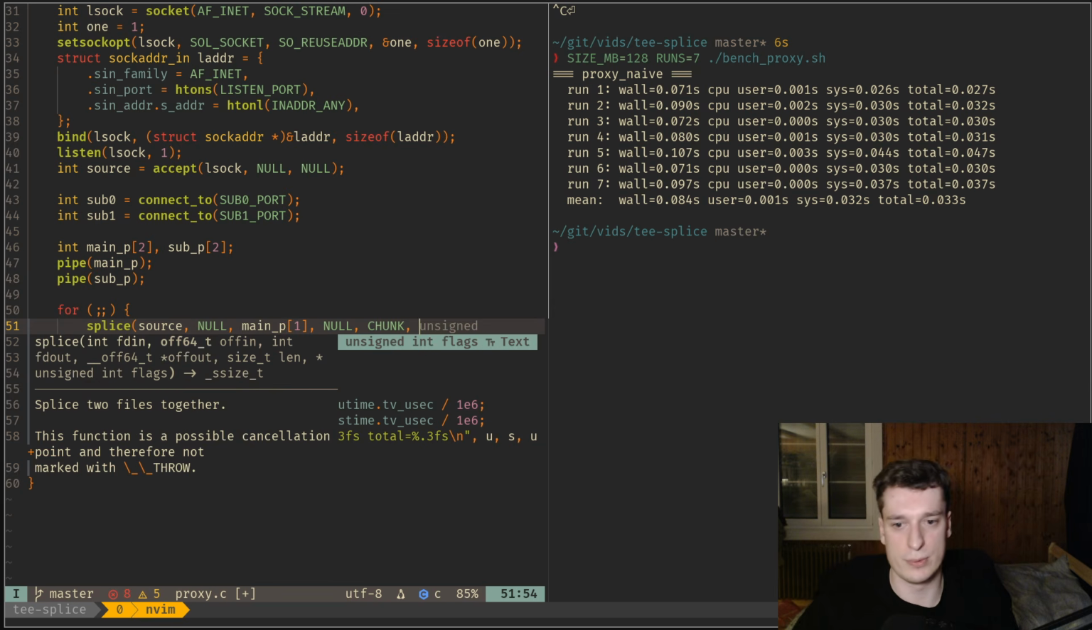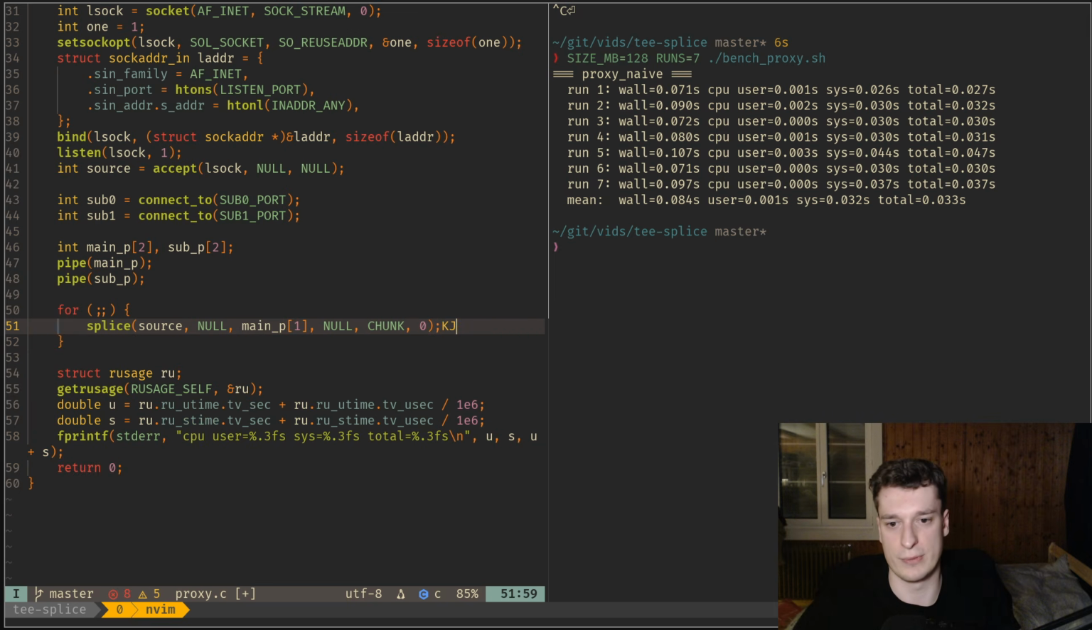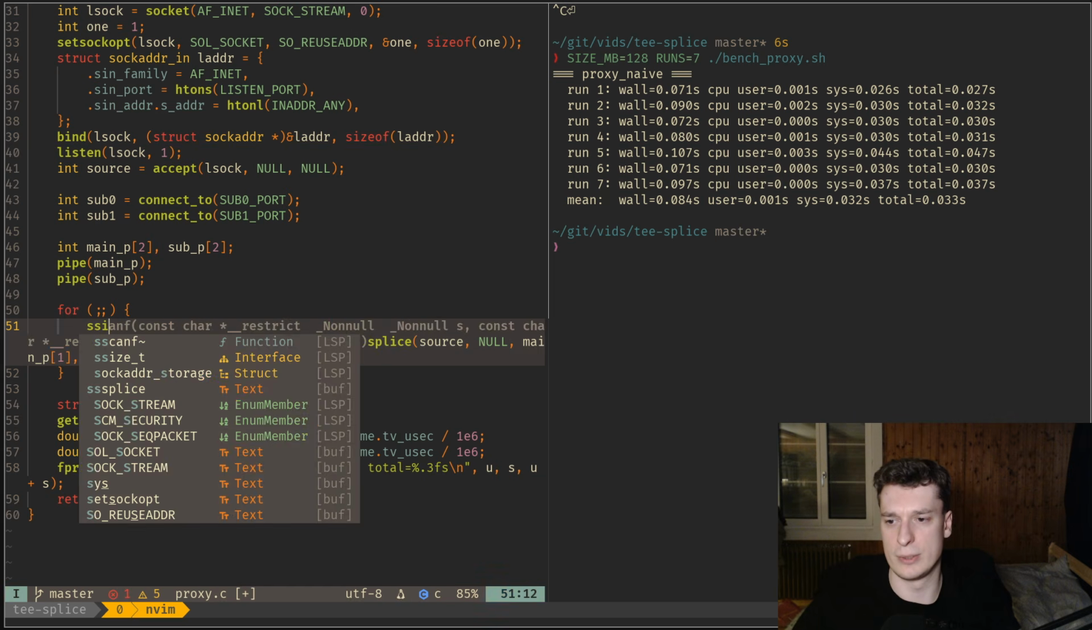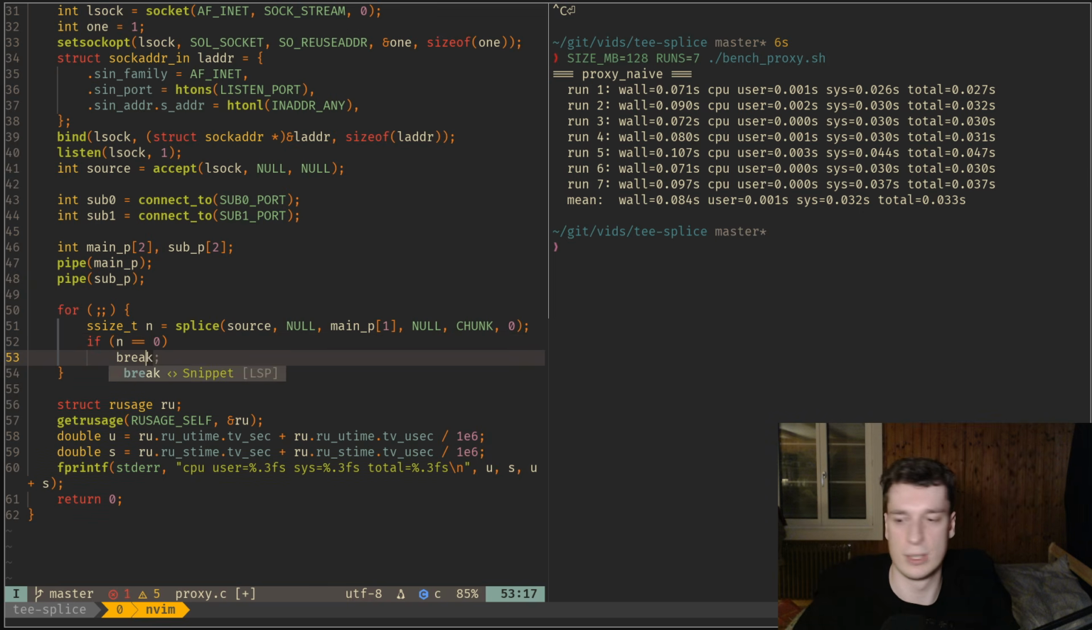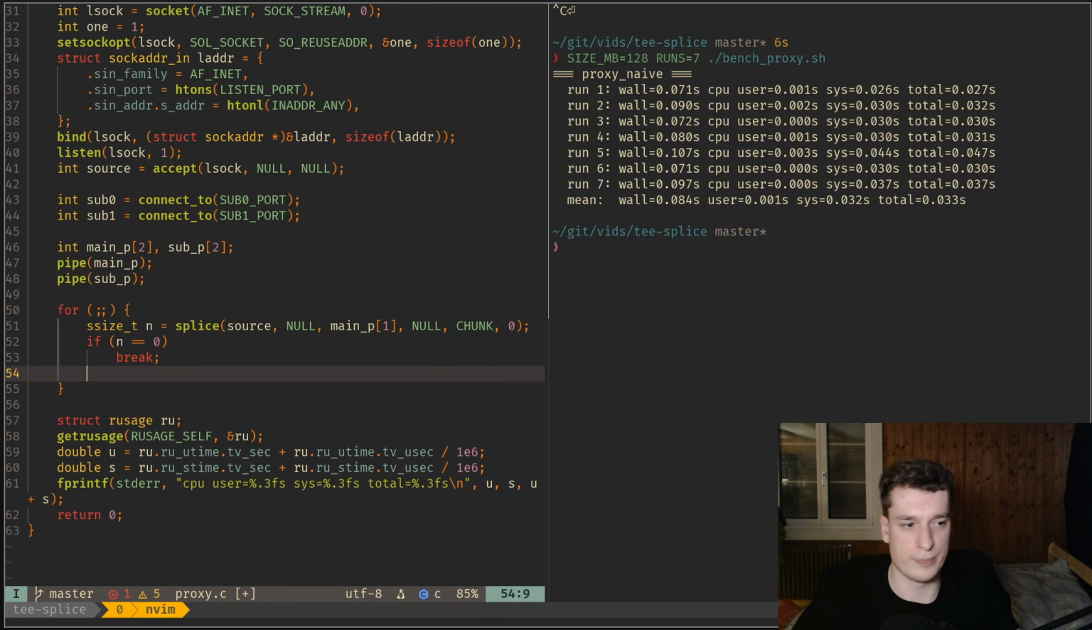This will be chunk, same thing as the naive proxy, and then there is a bunch of flags, but let's ignore them for this example. And we're just gonna make sure that if there is nothing to copy anymore, we're just gonna stop the loop. Next, we need to